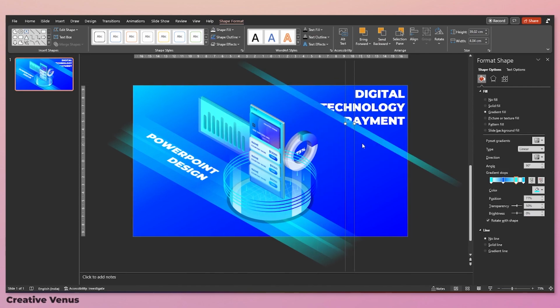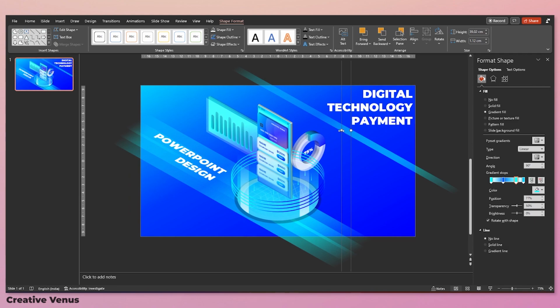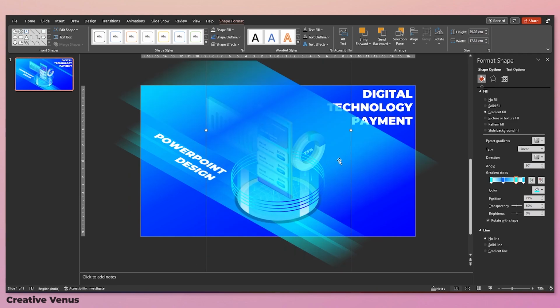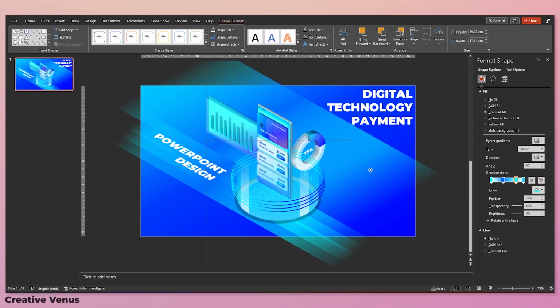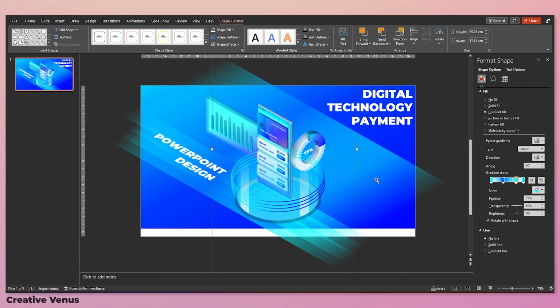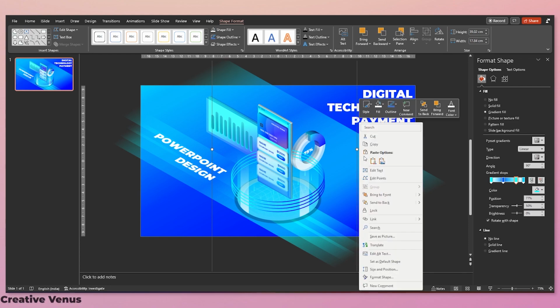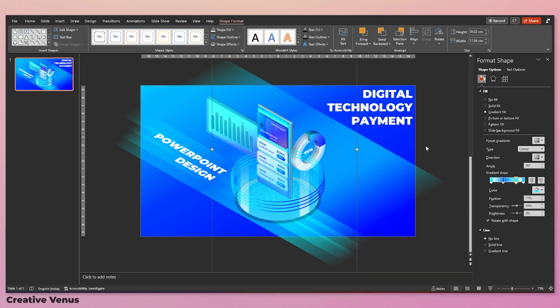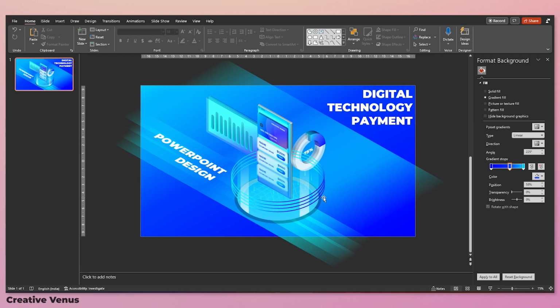So we have skipped the text part because it's easy. How we have placed the title. Now create one more background layer. This time it's wider and place it here like this. And send to back. So the design is complete,